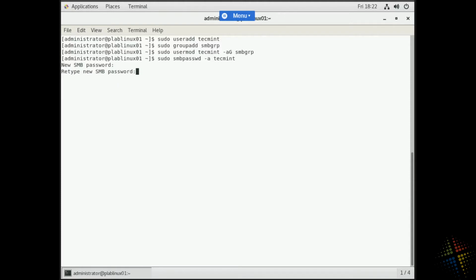PASSW0RD. PASSW0R. I misspelled that. PASSW0RD. There we go. So we've created a local user called TechMint. We added him to the SMB group, and then we gave him an SMB password, password. At this point, let's go ahead and create, instead of an anonymous file share, a secure file